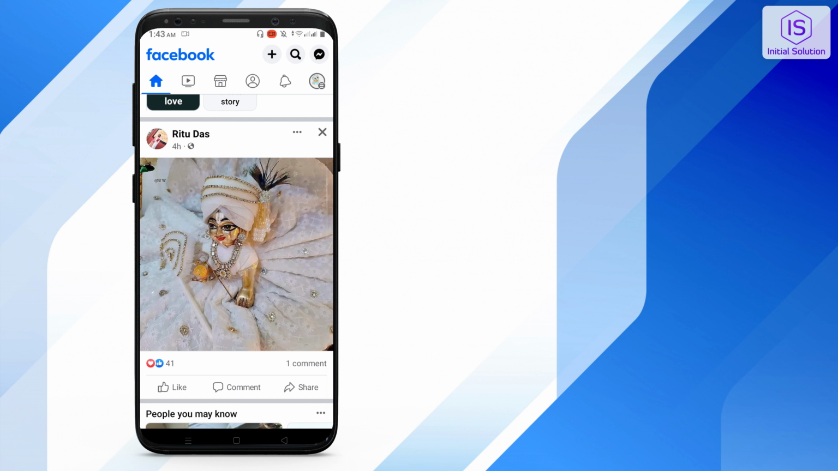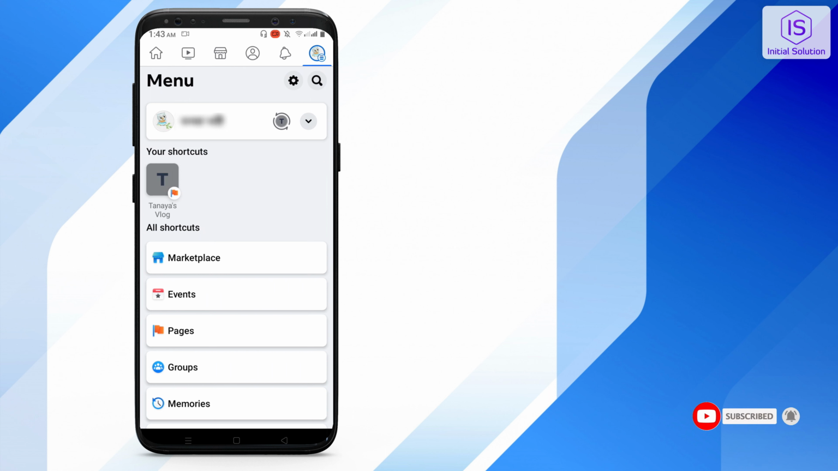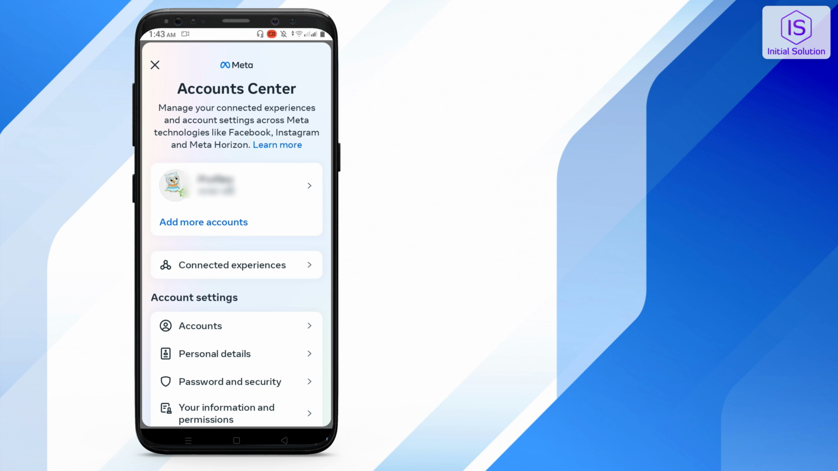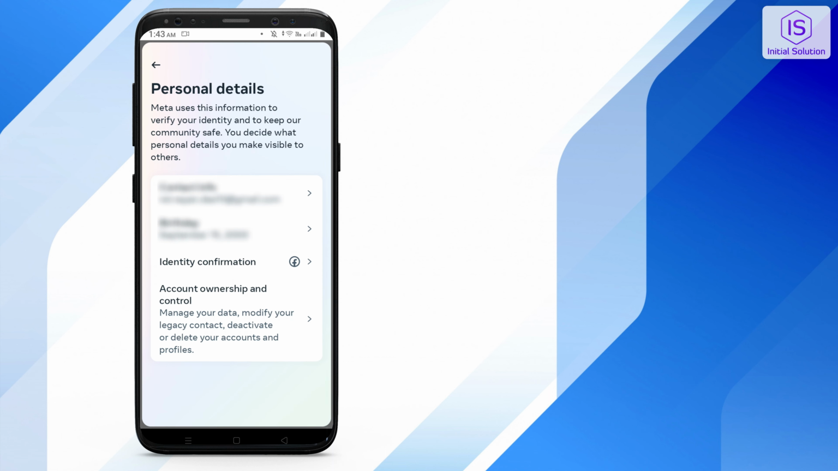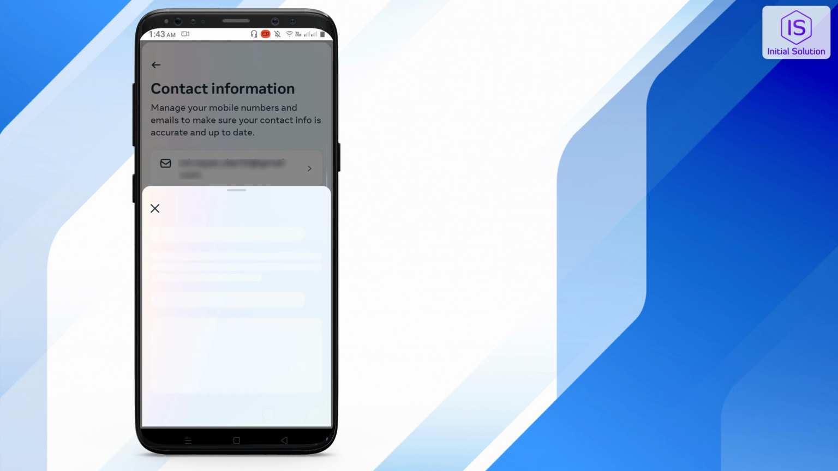Today in this video I'll show you how to fix email address changed on Facebook. So in this Facebook account, go to your profile, click on settings. Now go to Account Center, go to personal details, click on your contact info and now click on add new contact,